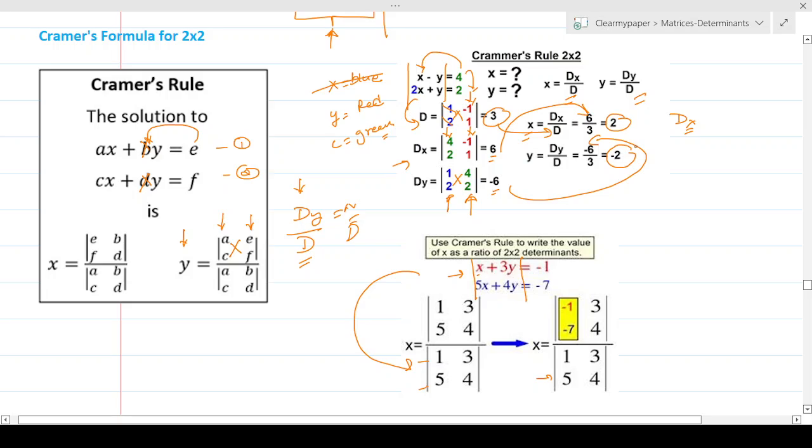And as a quick checkpoint, always take these values 2 and minus 2, which are x and y, and put them back in any of these equations. For example, x minus y is equal to 4. If you substitute back these values, the left hand side and the right hand side should add up. That's a quick check. If it's not adding up, that means your answer is wrong. Okay. And the same thing they have done here.